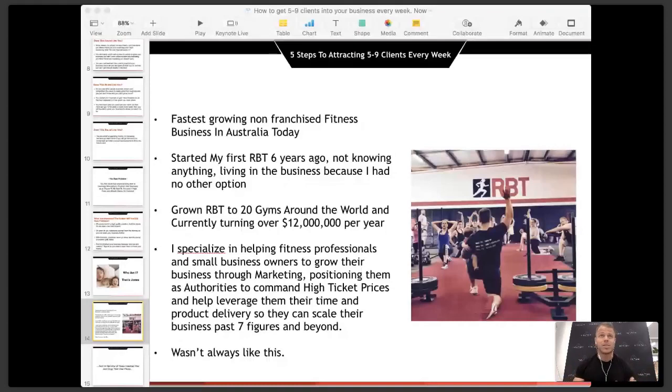I was walking the streets and I thought to myself about 6 months in, there has to be another way. I have to learn how to market myself because this is not scalable. I couldn't get to 2 gyms and 3 gyms just walking the streets. It's impossible. And especially 20 gyms right now, that just couldn't happen. So with this, I knew I had to find a mentor.